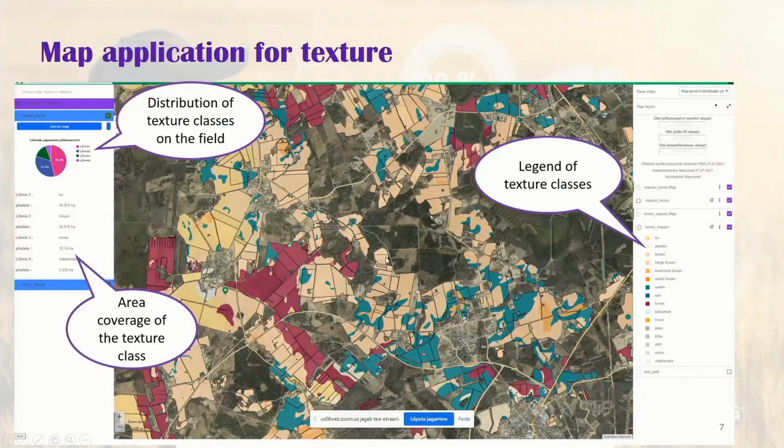Another application is for soil texture. We can see the texture classes on the legend with different colors. Then on the left side, you see how the distribution of texture classes are on the field, and then how the area coverage of this specific texture class is.